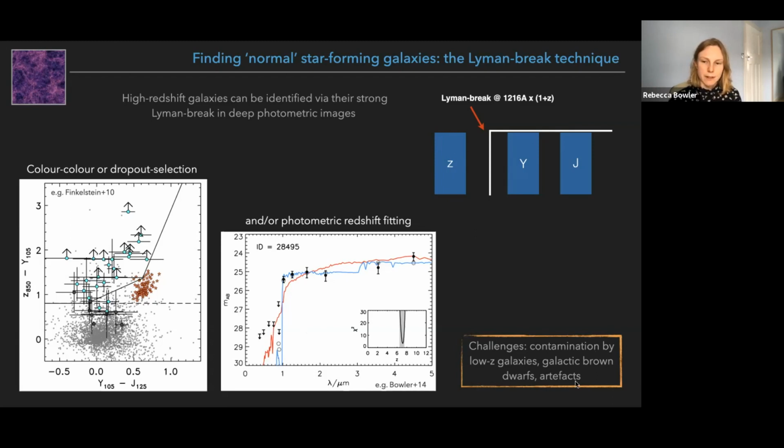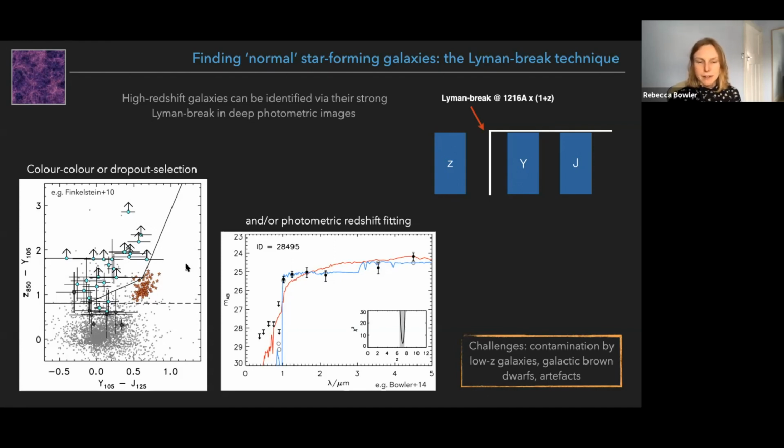So in the challenges here, we have contamination by low redshift galaxies. So that's what this red line is here. This is a Redshift 2 source, where this is what's called the Balmer-break that can mimic the high redshift Lyman-break we're looking for. There are also brown dwarfs in our own galaxy, which can have quite red colors. These are very cool dwarfs. Their spectrum peaks into the near-infrared. And that's what's shown in this color diagram here with the stars. So these objects, if you imagine a bit of noise on here, they could pop in and out of this box and be identified as a high redshift source, when in fact they're not.